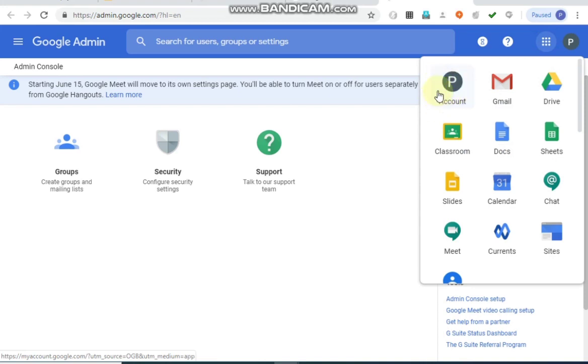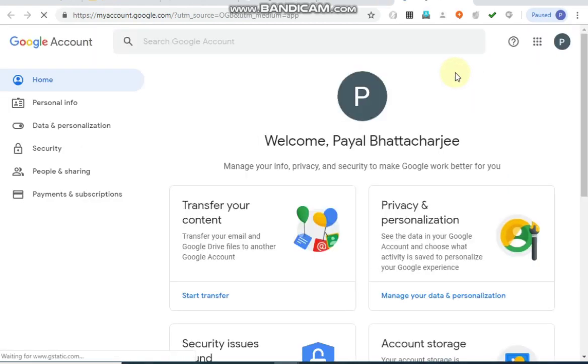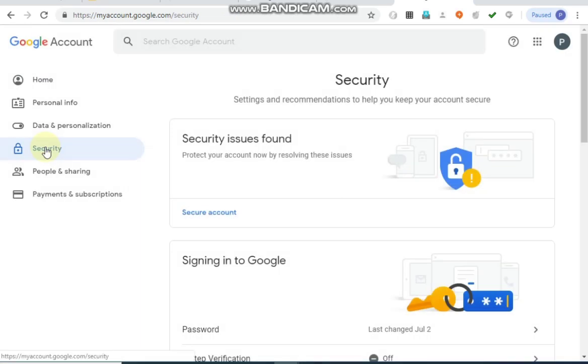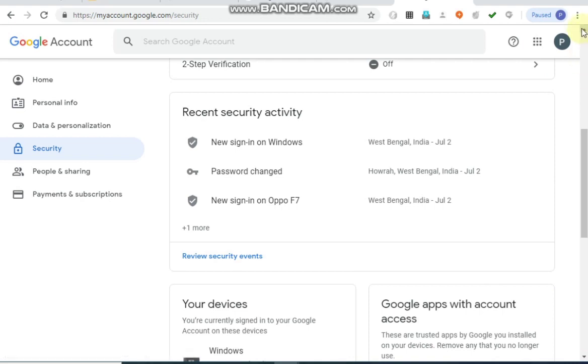Since my name starts with P, this is showing P account. If your name starts with A, it will show you A account. So click here in the Google Apps only. Here, welcome Payal Bhattacharjee, security, password. Please see, I have clicked on security at the left hand side and then on this password.